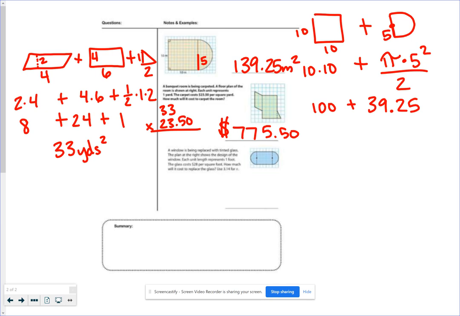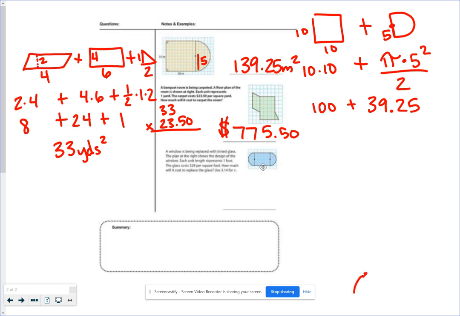All right, last one. A window is being replaced with tinted glass. The plan at the right shows the design of the window. Each unit length represents 1 foot. The glass costs $28 per square foot. How much will it cost to replace the glass? Use 3.14 for pi. So if we think about this figure, we have